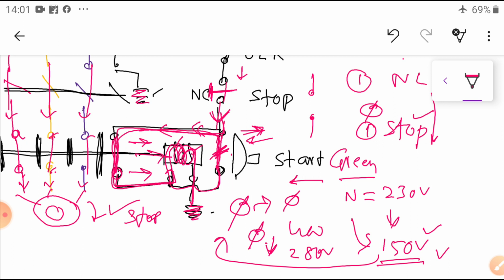Under normal condition, if the voltage is suddenly reduced or supply is switched off, voltage is equal to 0. Then whatever flux is produced is reduced or 0, so automatically it will release the contacts. Once it releases, due to the spring action the contacts are opened, and in such a way we can protect the motor under no voltage. If no voltage is applied or low voltage is applied, the motor is automatically protected by releasing the contacts. Okay, this is the second case. We stopped the motor and we used the no load release coil also.